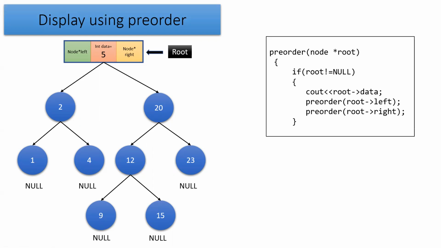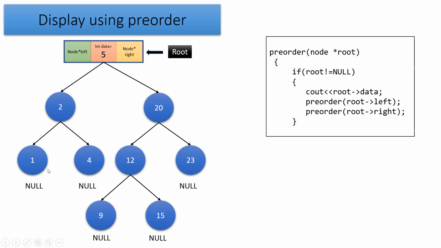Pre-order traversal is nothing but what? The binary tree we can display with the help of three traversal techniques: pre-order traversal, in-order traversal, and post-order traversal. Today we'll focus on the pre-order traversal. In case of the pre-order traversal, the technique is, first we have to visit the root node, then we have to visit the left side, and then we have to visit the right side. That is the mnemonic we can say, DLR technique. D, L and R.